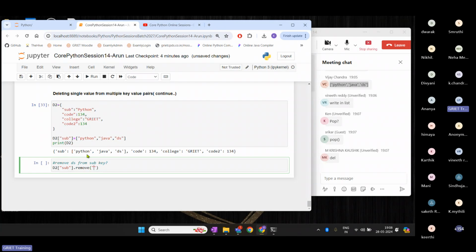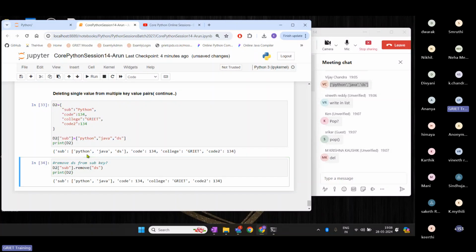I have to remove the element DS. Then after this, I want to print the D2. Let's check whether it works. Okay, now this is working. So now you guys can try it the same way. How to do it using